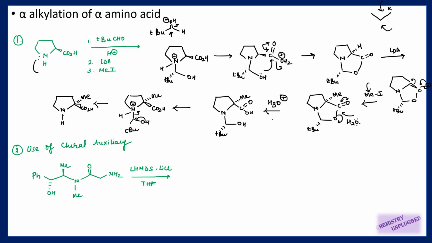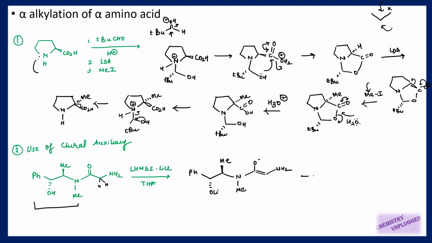So this is a very lengthy way. Another possibility of doing this reaction is the use of a chiral auxiliary. So this is our chiral auxiliary, and in this reaction we are using LHMDS. So this lithium hexamethyl disilazane will remove a proton from this oxygen and it will generate an enolate here. Because this is an acidic proton, it will also be removed, and we have one acidic proton here, two acidic protons are here, so it will remove any one of them and it will generate an enolate. That is why we are using more than one equivalent of this LHMDS in this reaction.